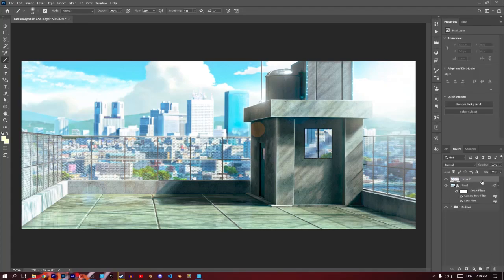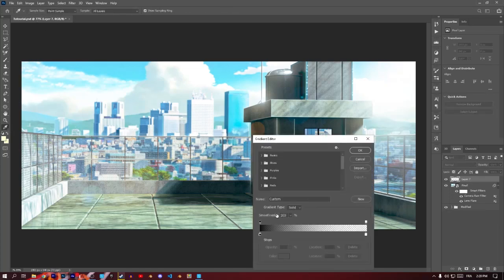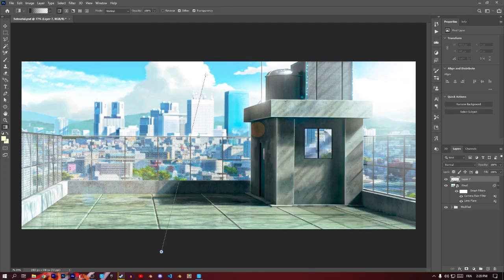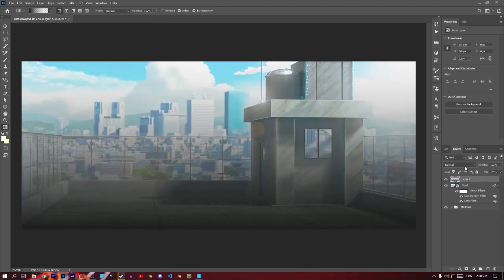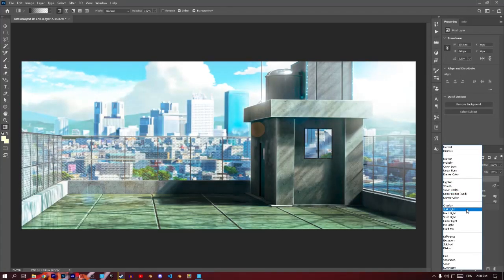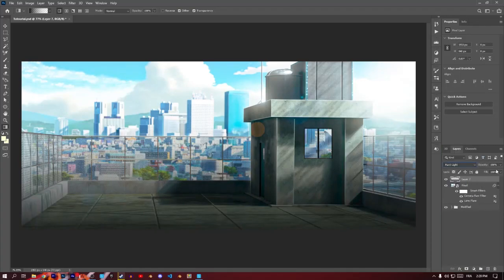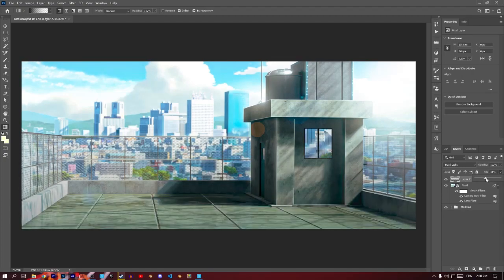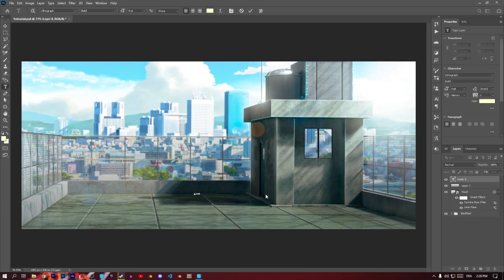Now I will add a new layer. In that layer, I will press G to get the gradient tool, and just a normal gradient, black to white. The white, I will make it 0% opacity, so you get transparency. Just click and drag like this and play with the blending mode until you get such a result, hard light, and turn down the fill slightly, not too much. And now you can add a new layer and write anything, your name, you know, your